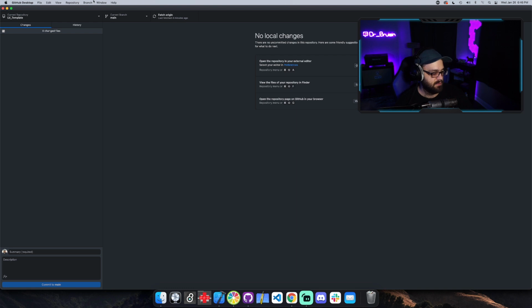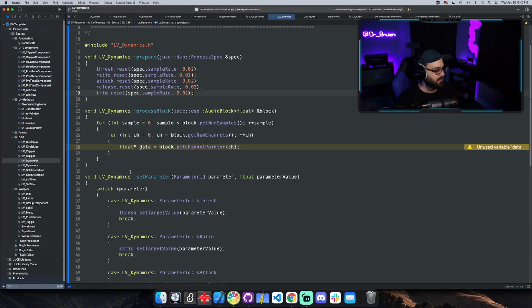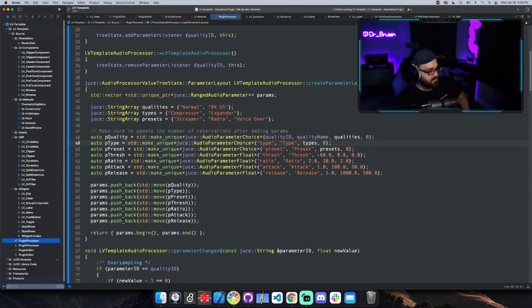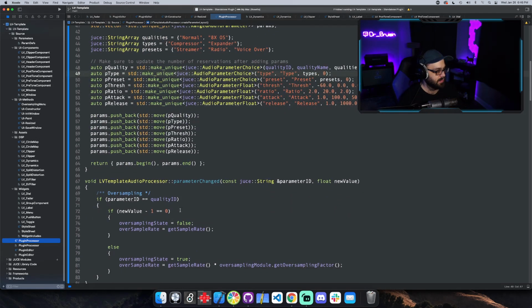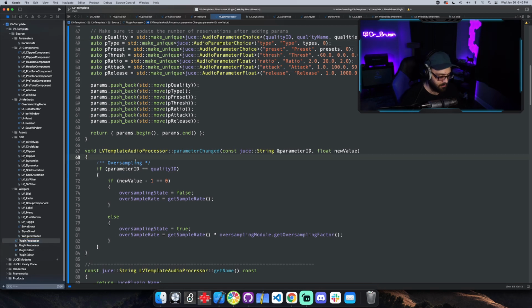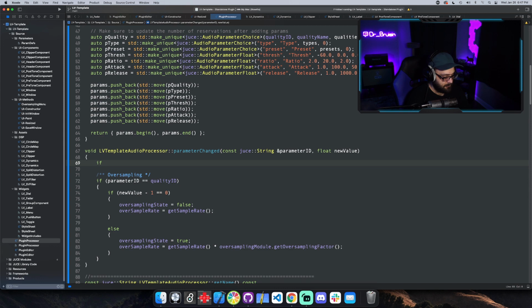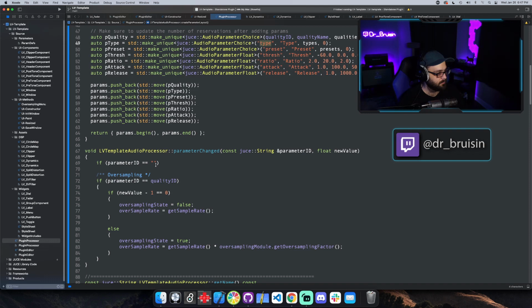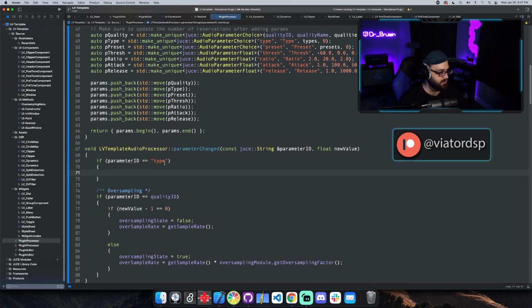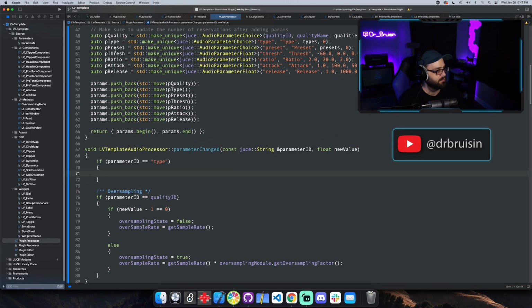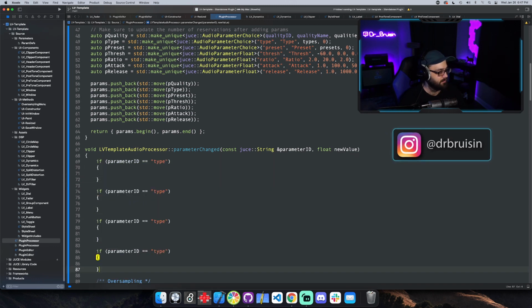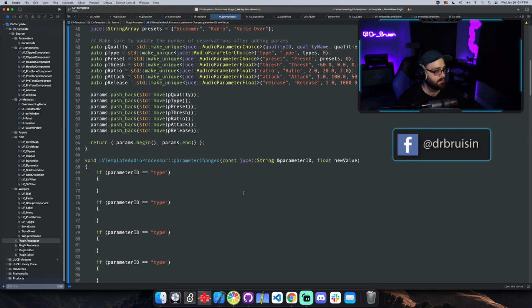So before we dig into that, let us go ahead and call a set parameter on each of these just to make sure that we are getting each one. So let's see. There we go. If parameter ID is equal to, what is this, type? We do something. How many are there? 1, 2, 3, 4, 5, 6, 7. Okay, so we got type,